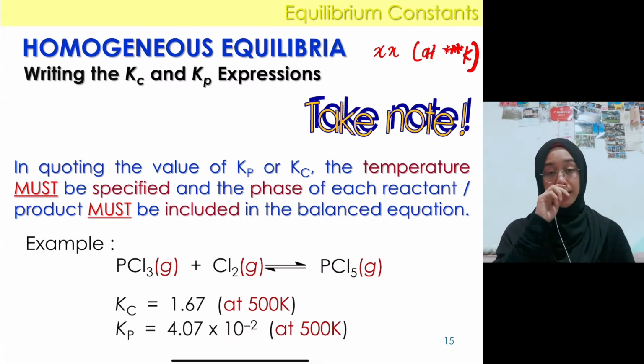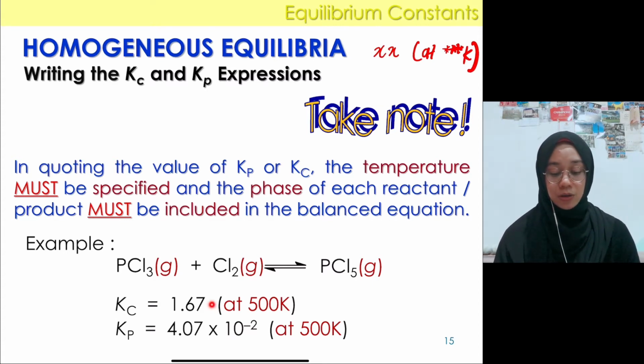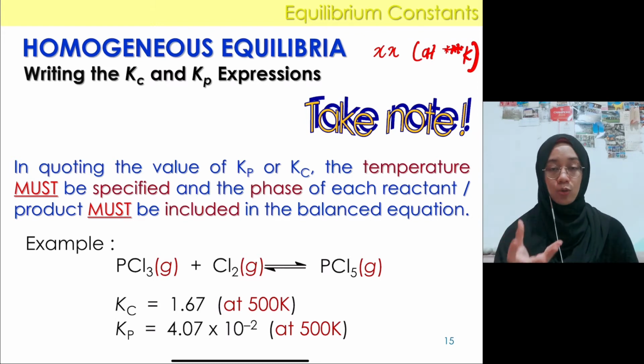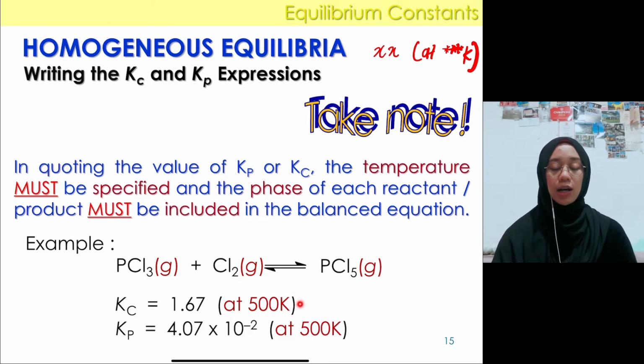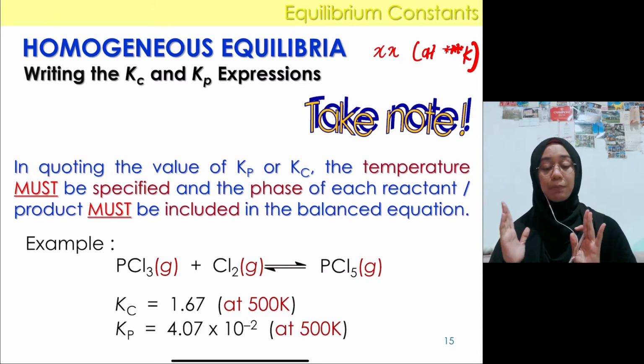Sama macam apa yang kita nampak kat bawah ni lah. So, if given to you, dia ada bagi tahu berapa temperature dia. So, once kamu jumpa the value of Kc and Kp, please tulis juga untuk which particular temperature. Okay, so in this case, kalau dia adalah 500 Kelvin, tulislah 500 Kelvin tu dalam kurungan selepas value Kp